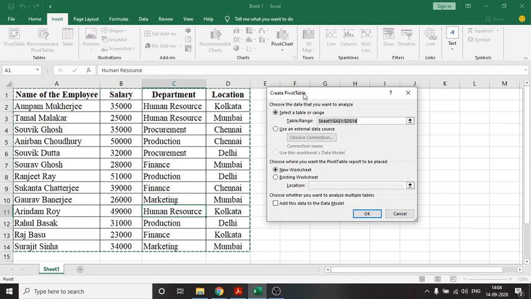Right? Now here it's important, what it is saying, choose the data that you want to analyze. From where? Select a table or range. Now see, a table range is already selected and it's displaying. What's that? It's our table.